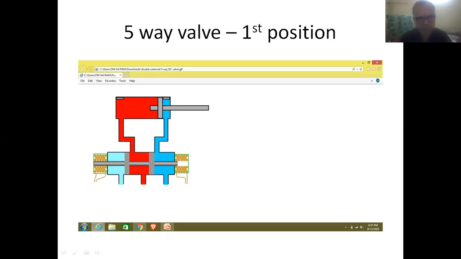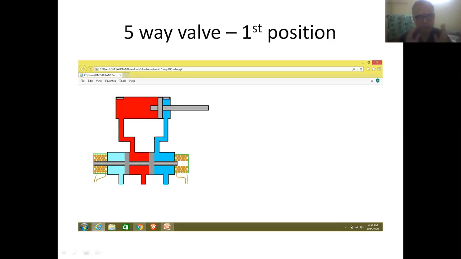So exhaust ports are provided separately for both outlets. Therefore, this is referred to as a separate exhaust system. Also, it is referred to as an independent exhaust system.